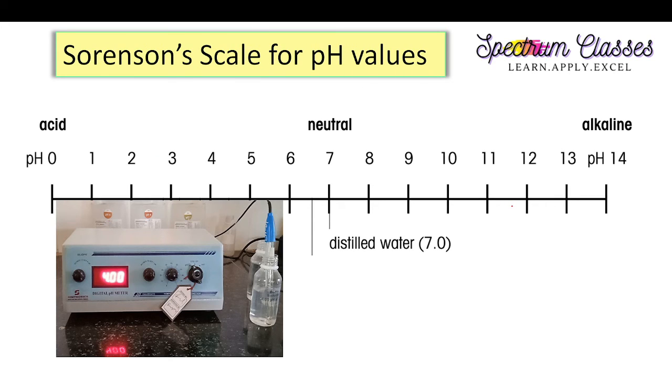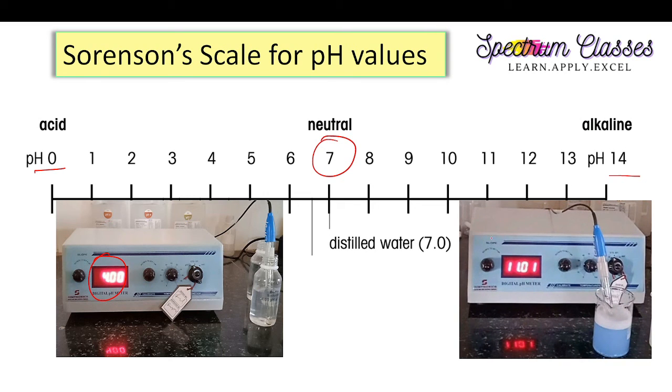So here, this is the Sorensen's scale, which has defined the pH values from 0 to 14, right? And at 7, we are having this neutral pH, because H plus ion concentration is the same as that of OH minus ion concentration. And here what you have seen, this is pH 4, and on the right hand side we are having pH 11. So if you forget which one is acidic and which one is base, there is an important trick.